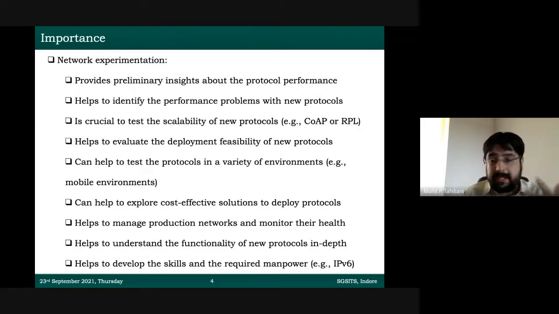Another thing, many a times people and students ask me, how do you understand a new protocol? It takes a lot of time to read a document. I would always say, you read the documents, that's necessary, but start playing with that protocol in experiments at the earliest. The more you play with your experiments, the more you will get an idea about how that protocol works.